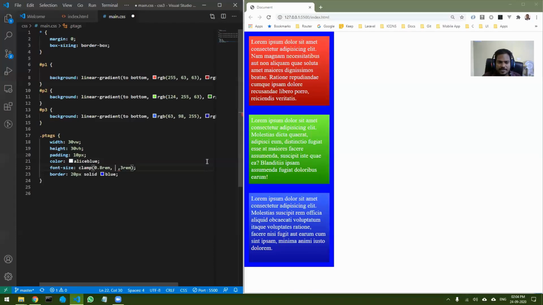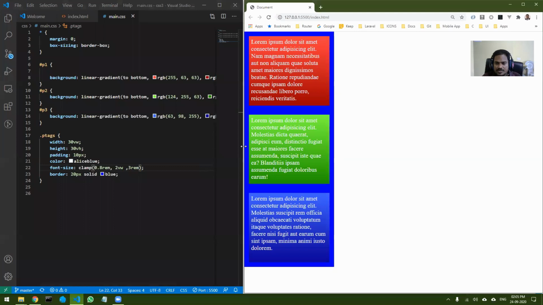So minimum, maximum, and for the fluid part I can use VW. Let me take it as 2 VW. Now when I save it, let us see whether it looks good or not.